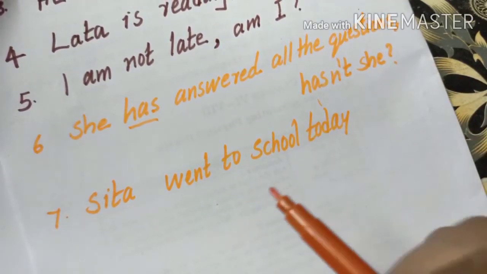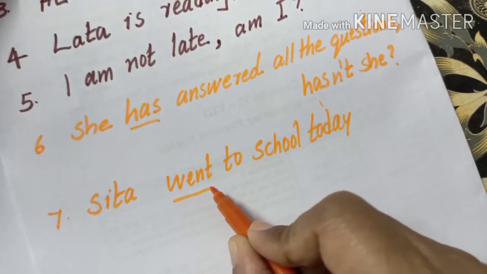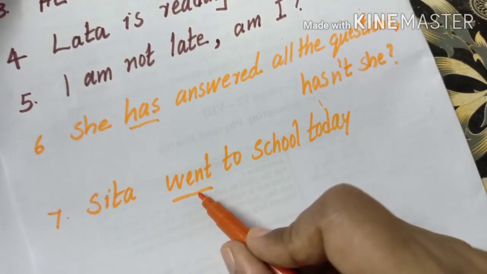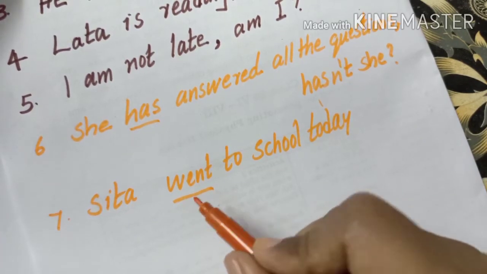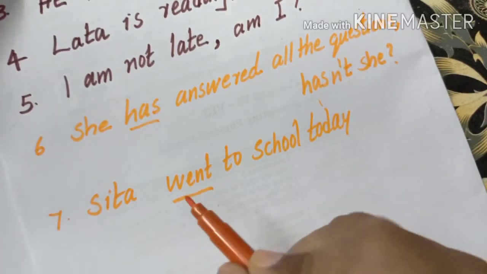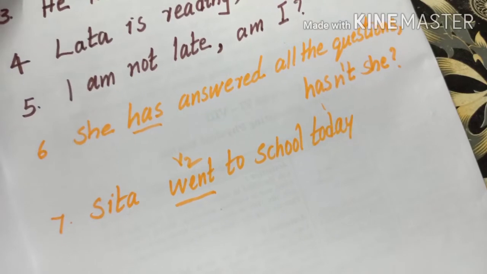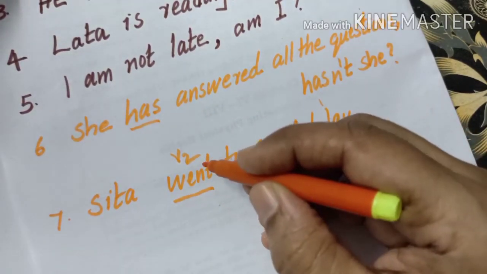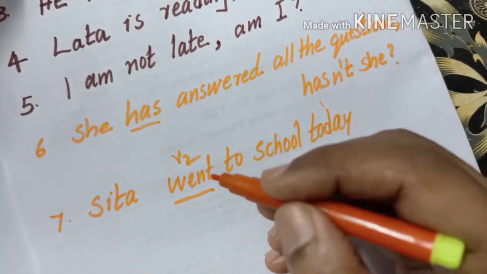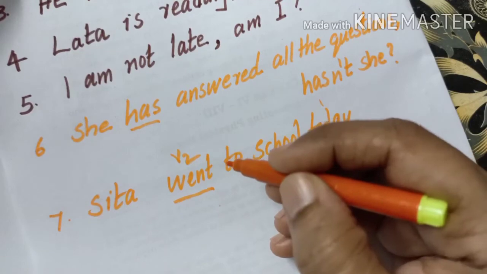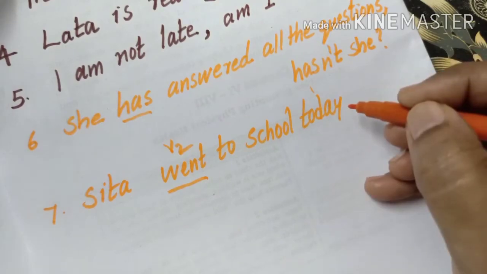Okay, so since there is no auxiliary verb, we have to go to the main verb. Okay, look at the main verb. What is the main verb here? Went. Went is the past tense of go, which means went is a V2 form. It is a past tense. Whenever there is past tense, V2 form, it is a simple past sentence. So when there is V2, we should use the auxiliary verb did. Okay, in the question tag, we should use did.